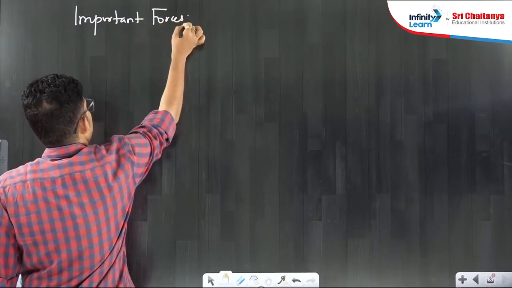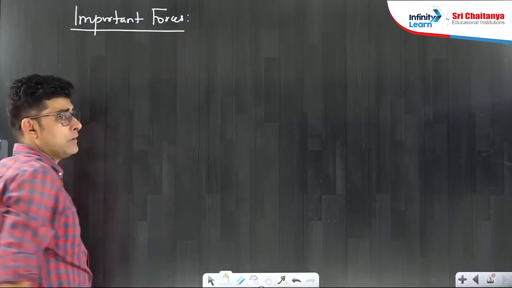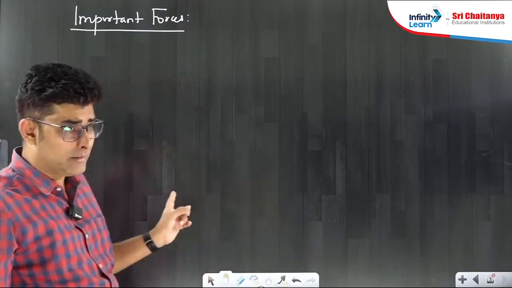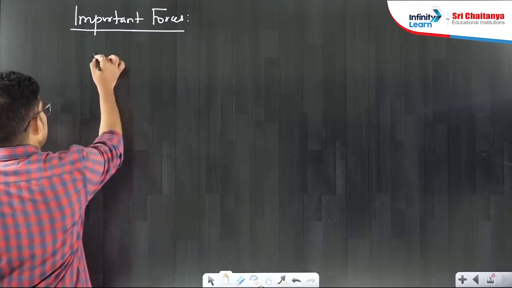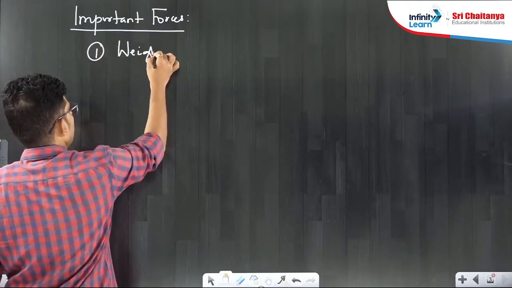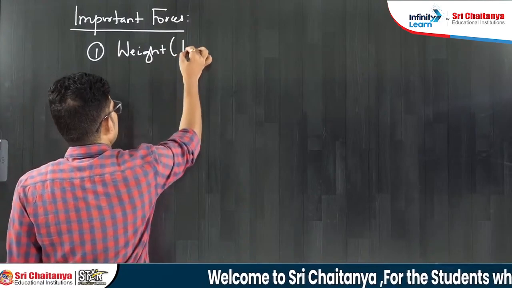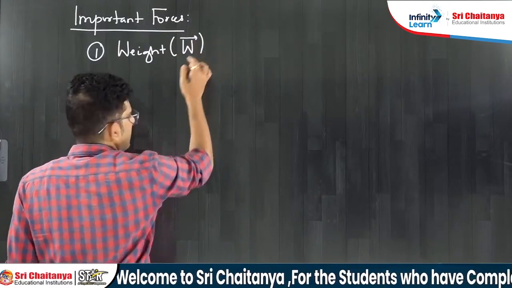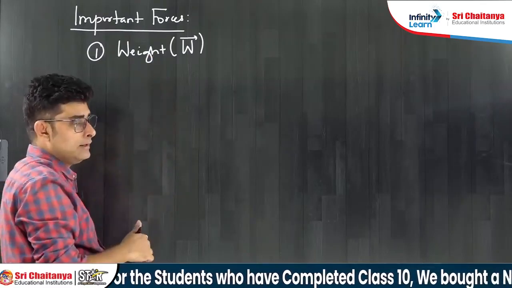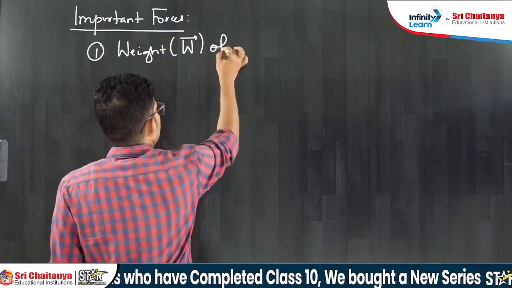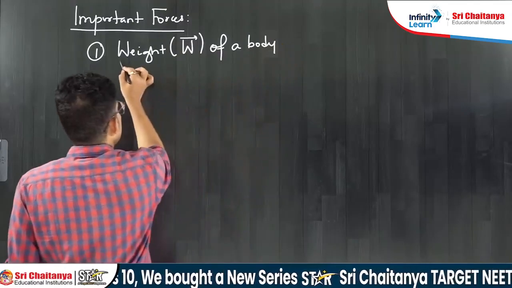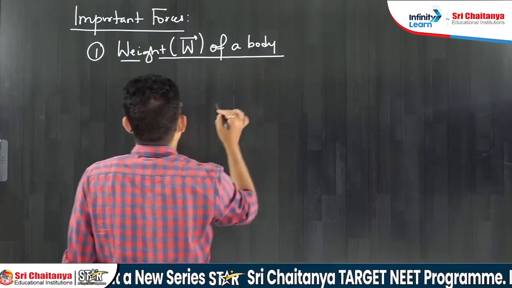Important forces. Now keep this in mind that every force, real forces, they will occur in pair. I already told about Newton's third law. So important forces, first, weight, we will denote it as W vector. If I am talking of a force, it is a vector quantity, so I am representing weight of a body. So any body, its weight,